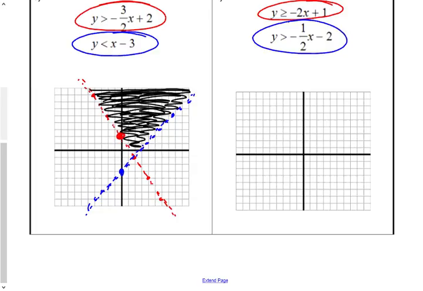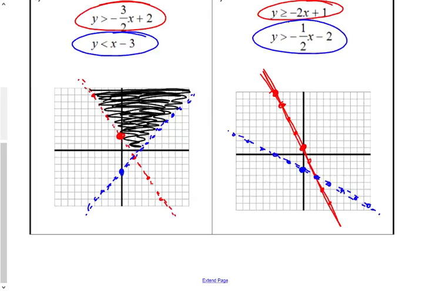All right, last one. All right, the red line starts at a y-intercept of 1 and goes down 1 over 1. Up 1, left 1. Again, make sure you're getting as many points as possible on those lines. And you can always double up on your line just to make sure it's nice and even. Or, you know, you could use a ruler and make it even better. Down 1 over 2 for my blue line. And backwards. All right, and this is dotted,